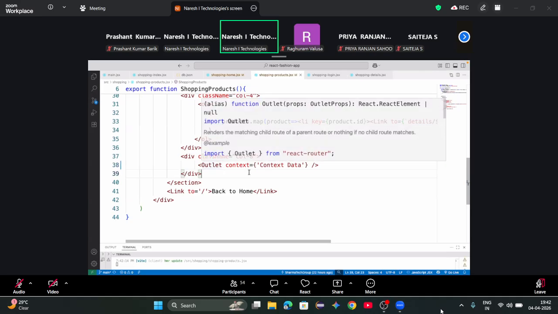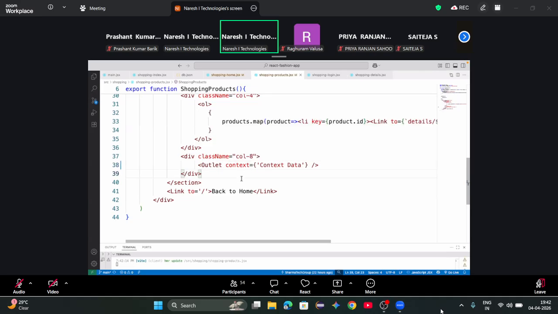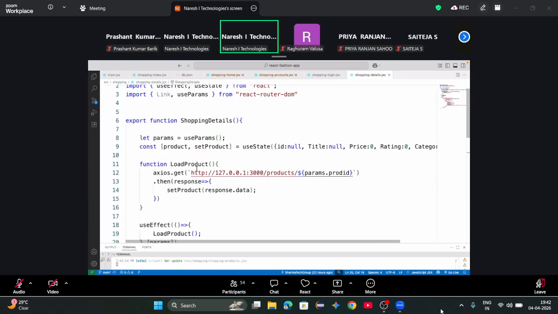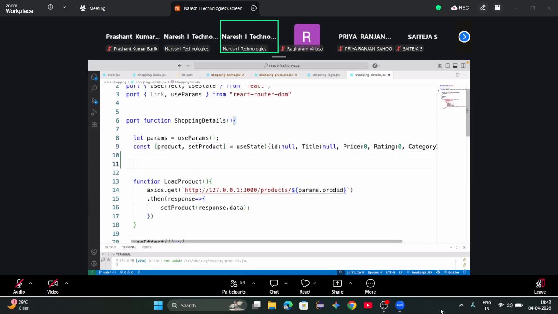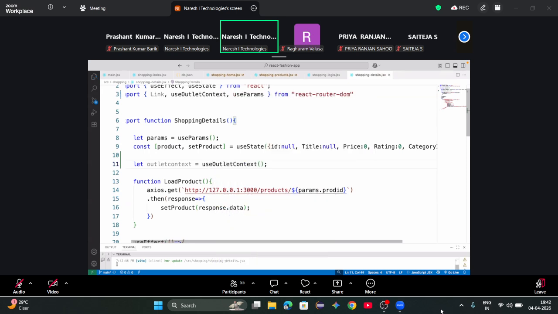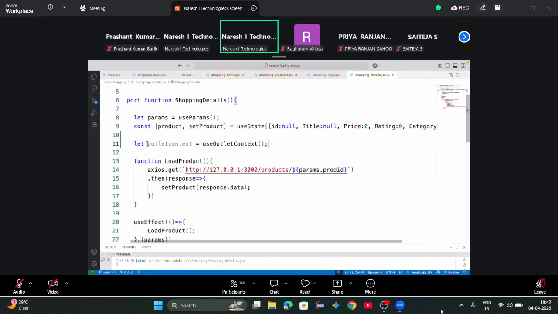Who can access this context data? The context data is accessible only to the child. Child is details, na? How details can access the context? Outlet context. Remember, it is not normal context, outlet context. How to access outlet context is, you can create outlet context is equal to use outlet context. There is a use outlet context hook. What this hook will do is, it will get the context data from outlet and it can use that in